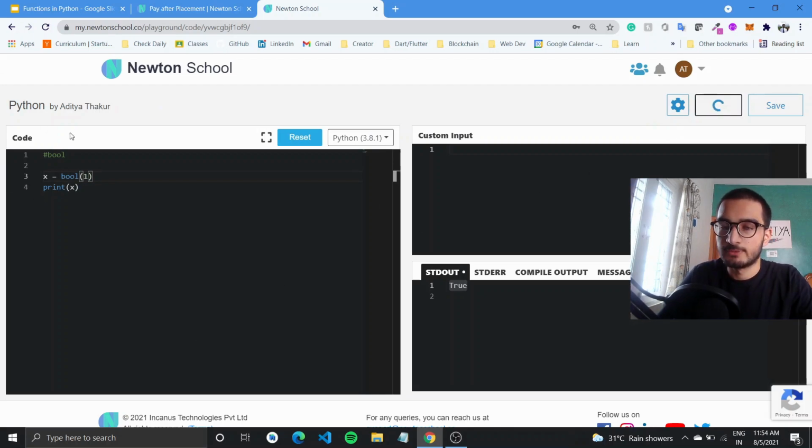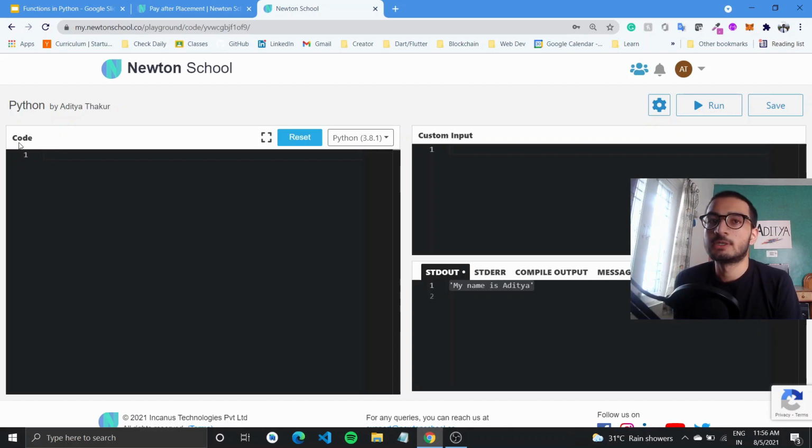So what would be the boolean value of 1? So it is true, right? If it is 0, let me run this program once, and it should print out false. The bool function for 0 and 1 returns true and false accordingly. As in, if you pass in 1, it would return true. If you type in 0, it would return false.